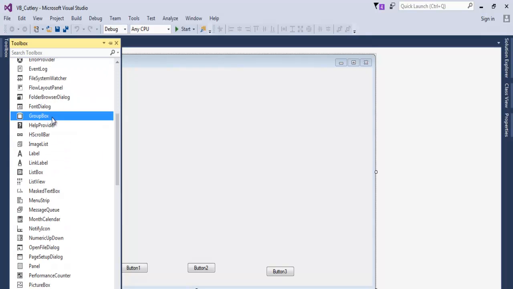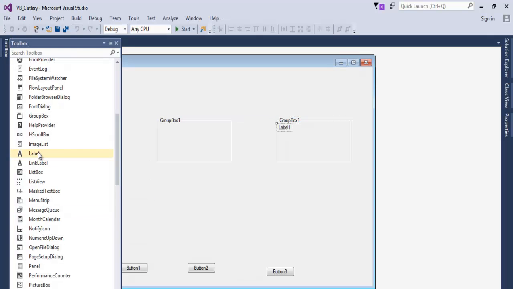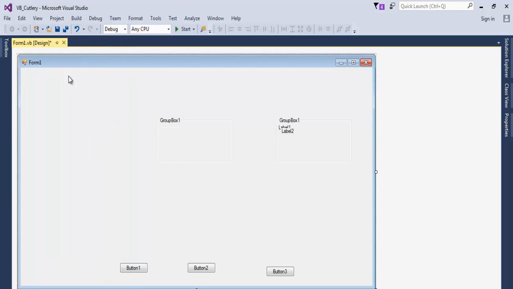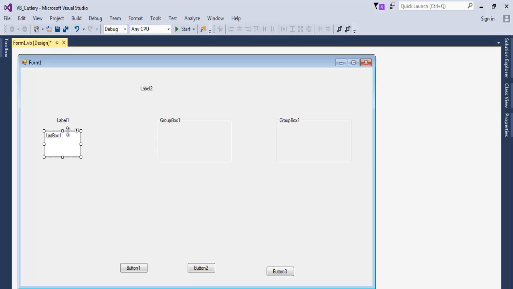Okay, we have a group box. We actually need 2 of those. One here and one here. Then we need a label, and here that will be for the title, and this one will be for the title of my list box. Okay, we have a list box here. There, that's the list box. The next thing I'll do now is just to increase the size of all these objects,